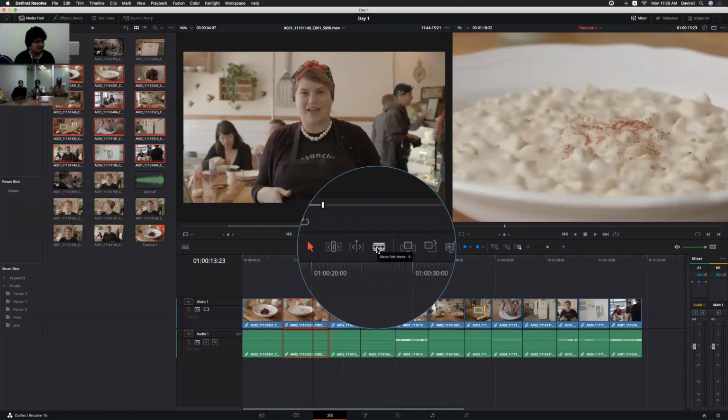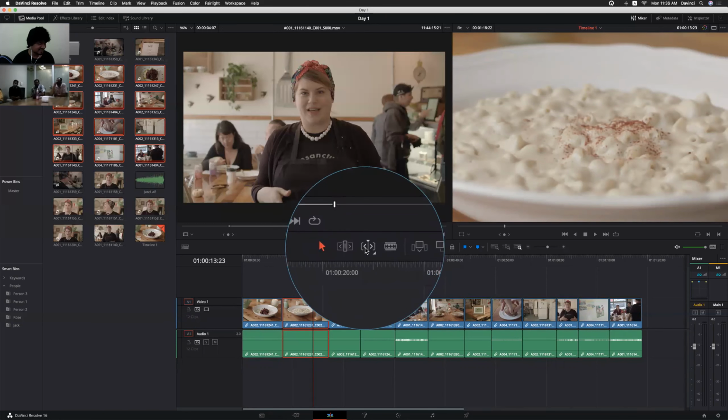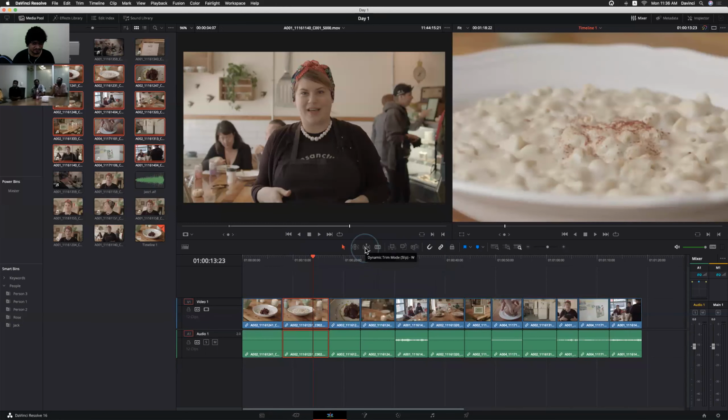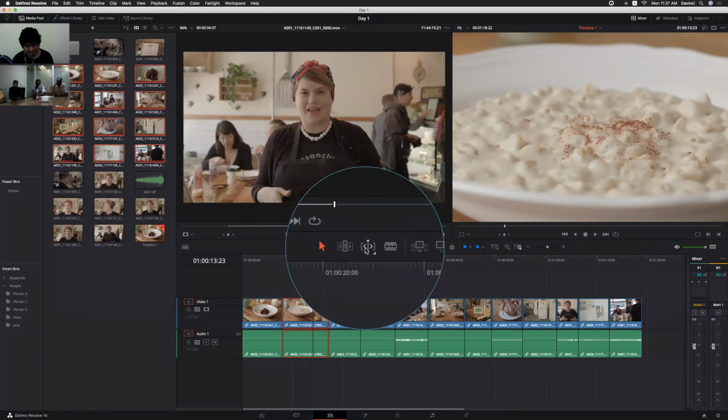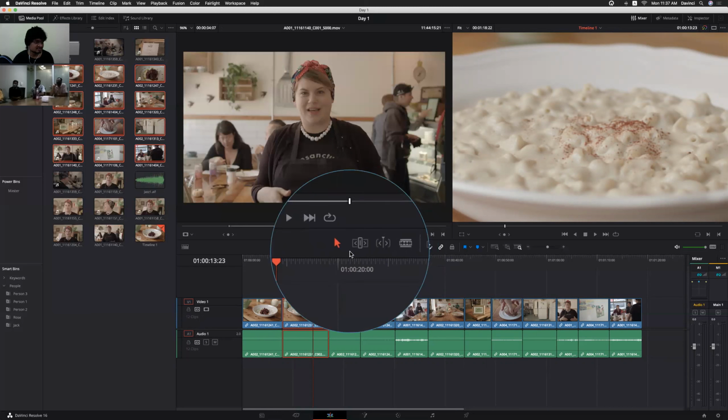So we know the selection tool as well as blade tool. There is not much to discuss in these tools, but we'll discuss about the trim tool and the dynamic trimming also, right? And where are those tools like ripple, roll, slip, slide, pen tool? We do have lots of tools in Premiere and Final Cut Pro 7, right? The speed tool and everything. They have like lengthy toolbar. But here we are seeing only 4 tools, right?